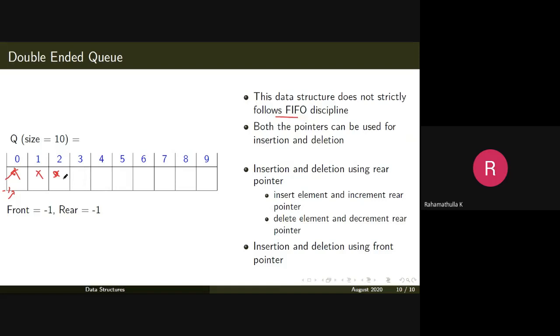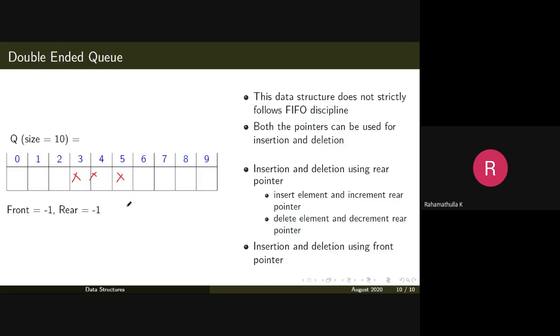Insertion at rear and deletion at front will be just like a normal queue operation. But the other two operations, deletion at rear and insertion at front, are not going to follow your FIFO structure. For example, let's say you have inserted some elements and deleted some elements and the present state of the queue is like this.